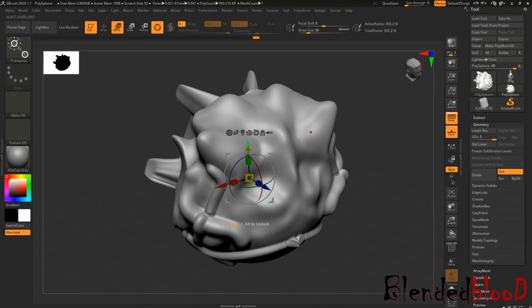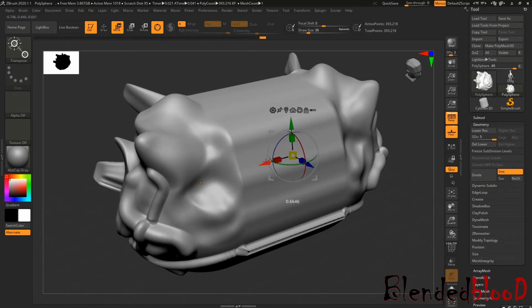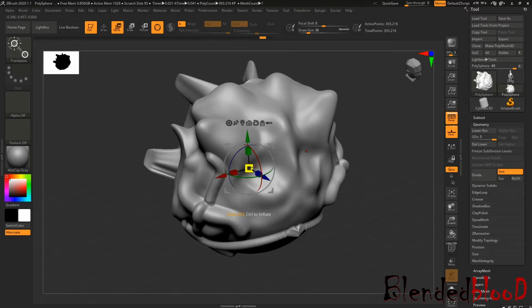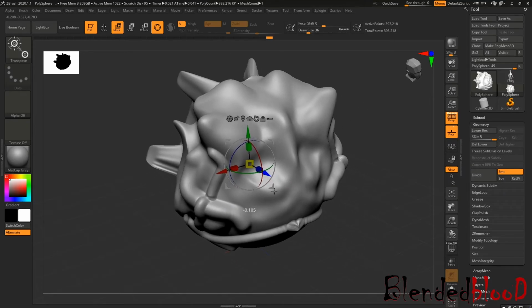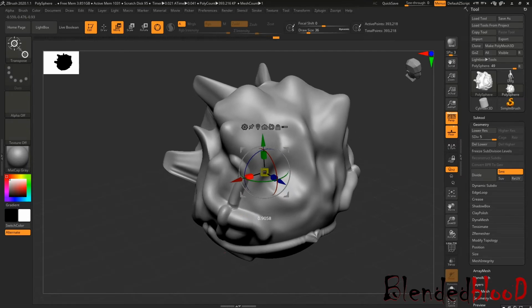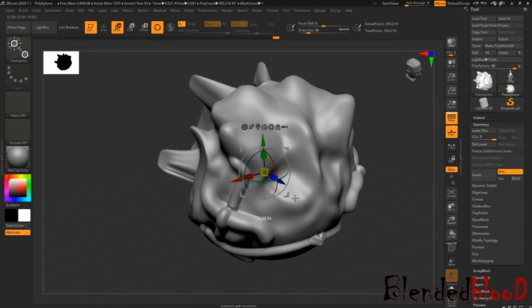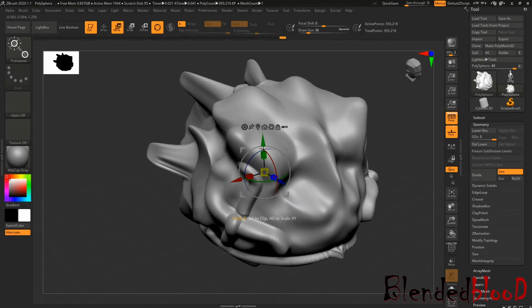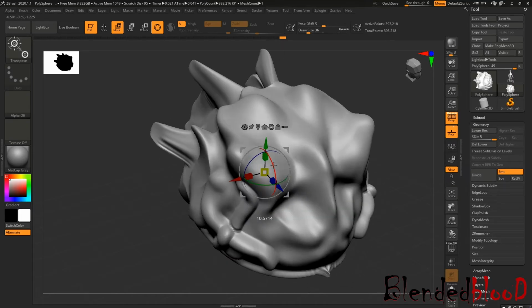If you see, the symmetry option is on, so I just turned it off. With the help of this arrow I just move this object. With the help of this box I just squeeze and stretch this model according to how much I want to scale. Okay, for rotation, it is just like 3D, like what we use in Maya and Max.